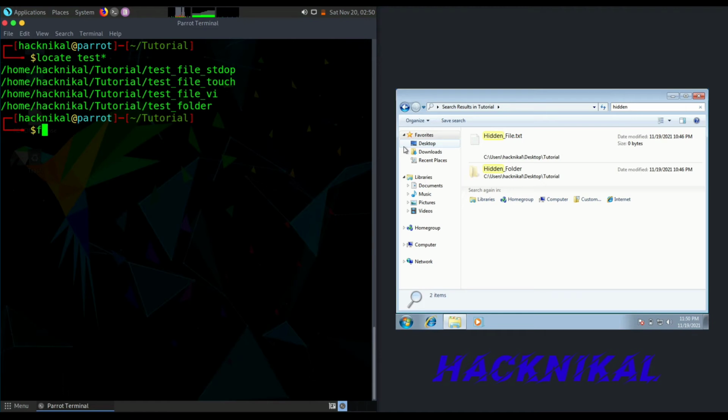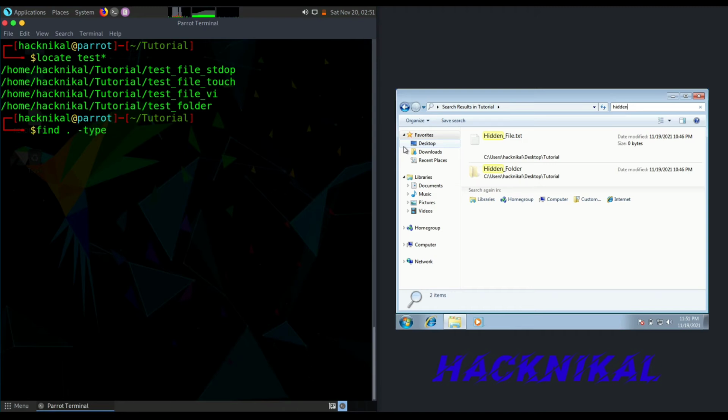There is one more way. With the find command you will be able to search for the files and folders, and find is a very powerful tool. You can execute any command on the files and folders which are found. You can do that as well in the find command, but it comes under advanced Linux operations. Find, then I'll need to specify the path. The dot is for the current directory. I'm using the find command to search inside the current directory.